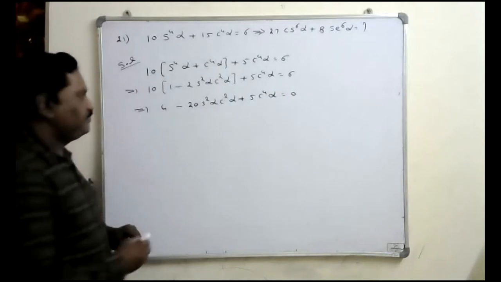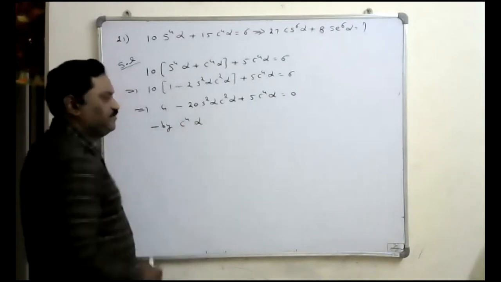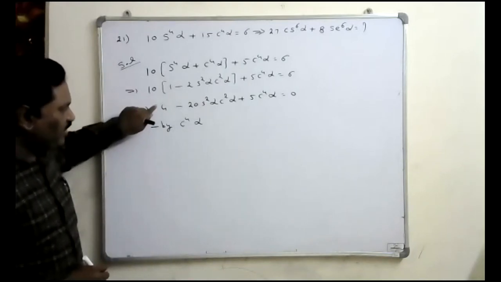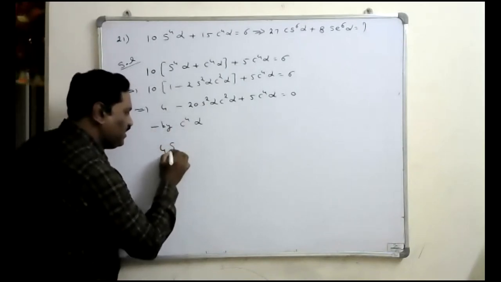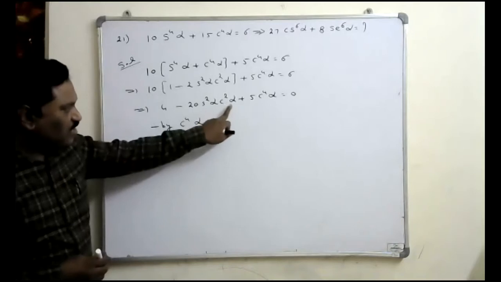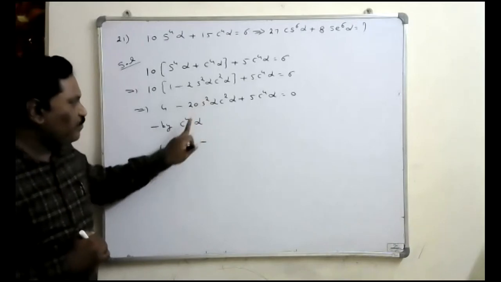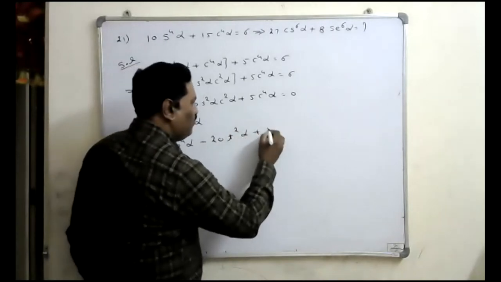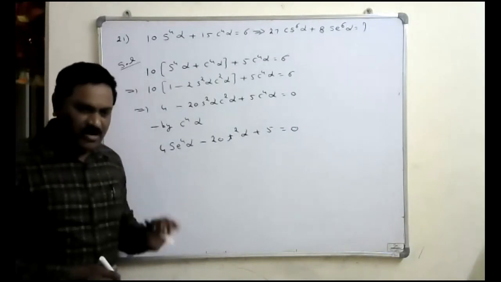Okay. Then we will divide by cos power 4 alpha on both sides. Divided by cos power 4 alpha, it is 4 upon cos power 4 alpha, that is, 1 by cos means secant, so secant power 4 alpha. Minus 20 sin square alpha cos square alpha divided by cos power 4 alpha, cos square alpha gets cancelled. Remaining cos square alpha will be in the denominator, sin square by cos square, which is 20 tan square alpha, plus 5 is equal to 0. This cos power 4 alpha gets cancelled. Okay, so this is what we got.